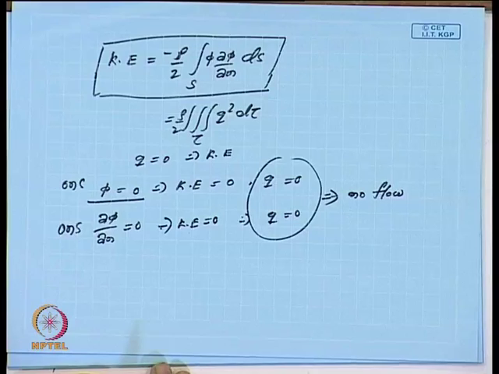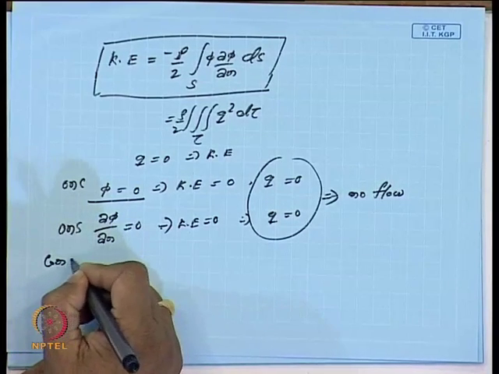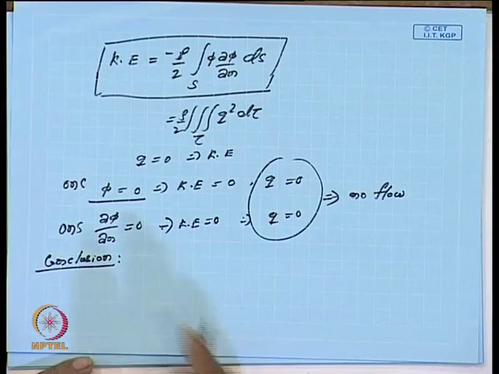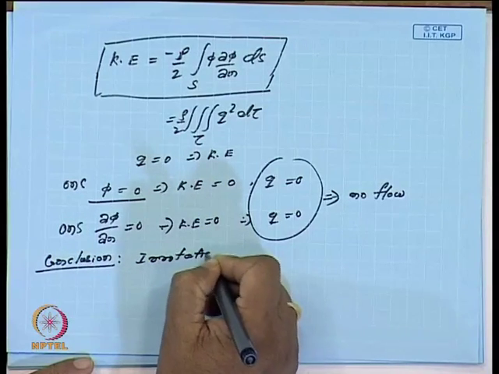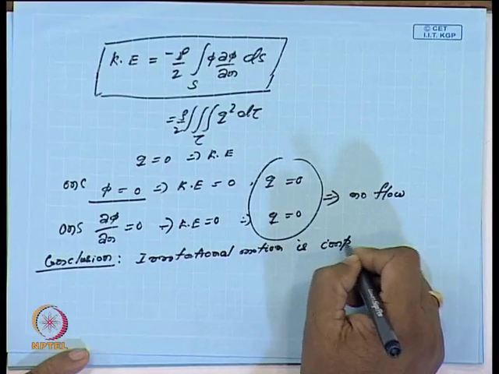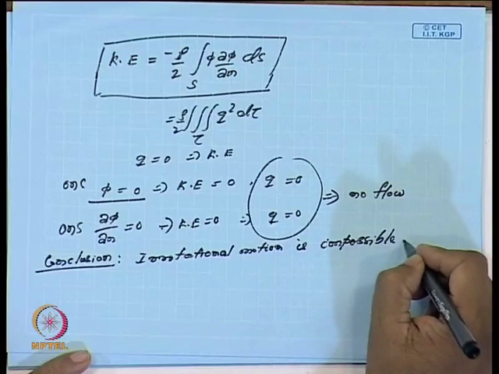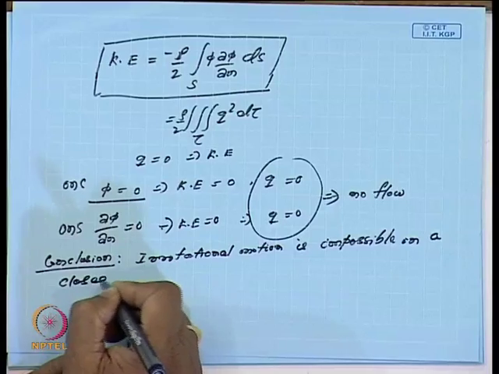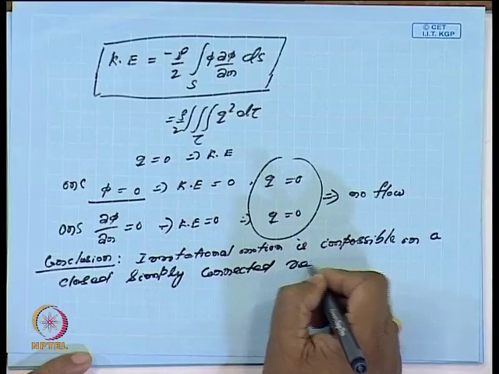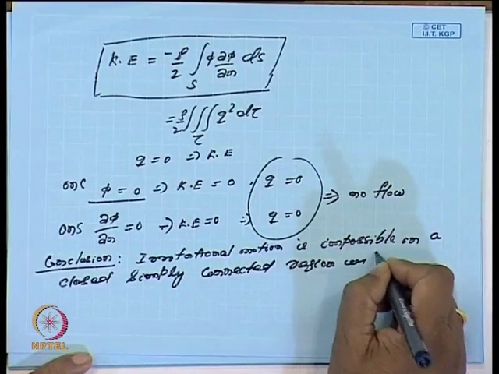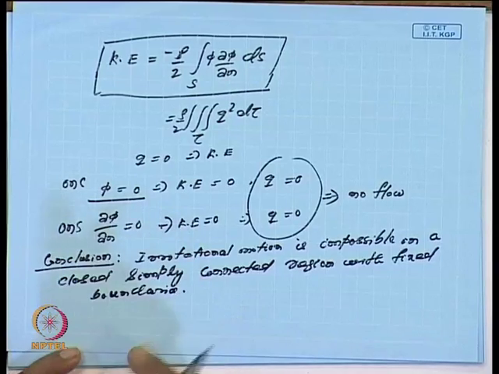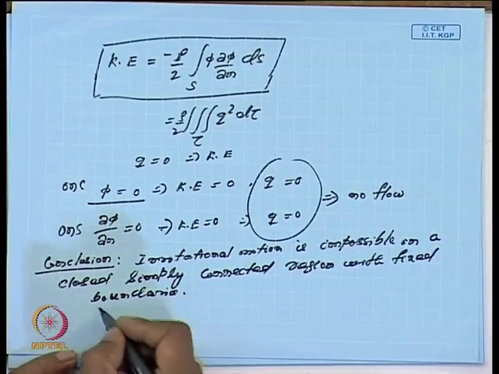What do we conclude? Irrotational motion conclusion: irrotational motion is impossible in a closed simply connected region with fixed boundaries. The second conclusion I will say, this is one: